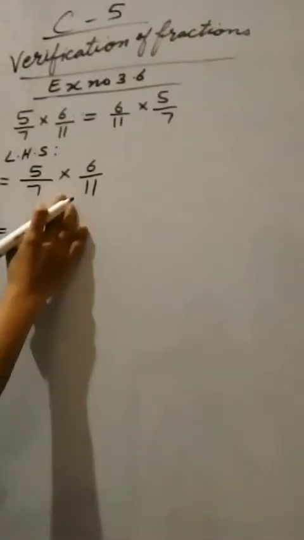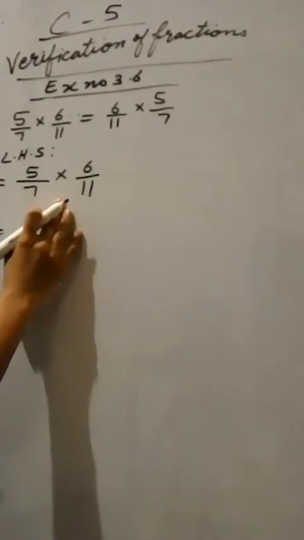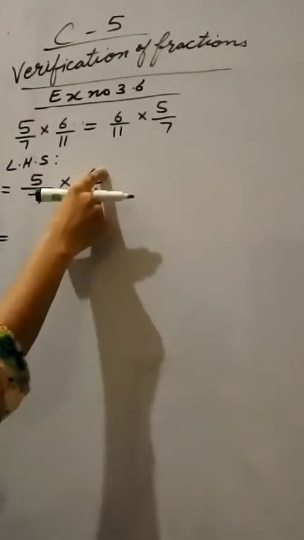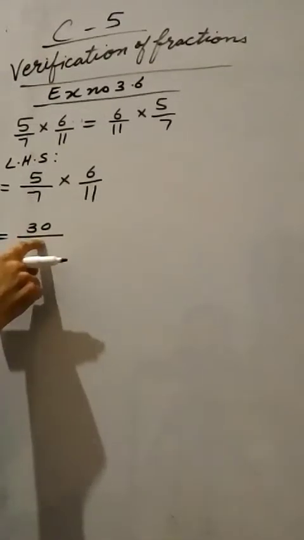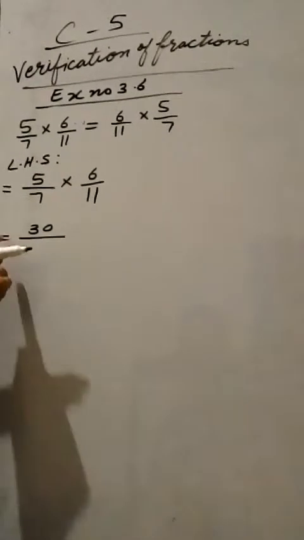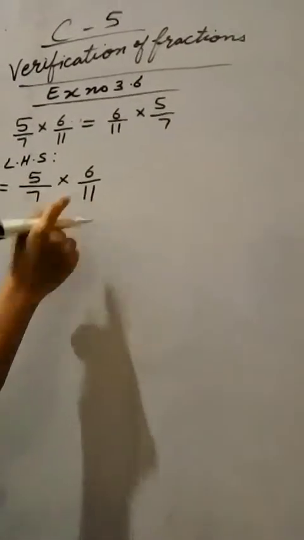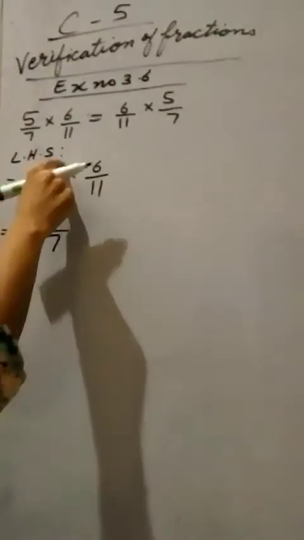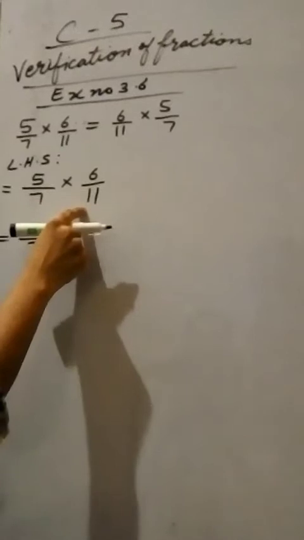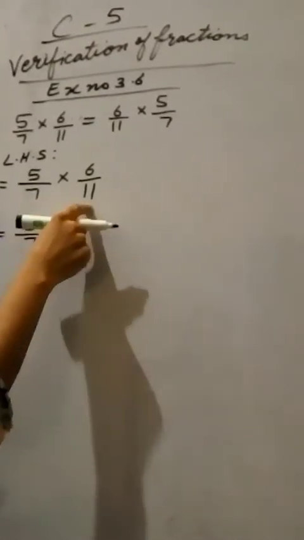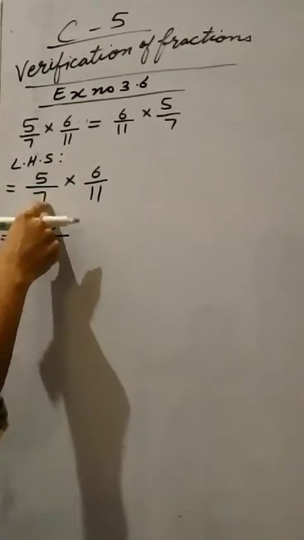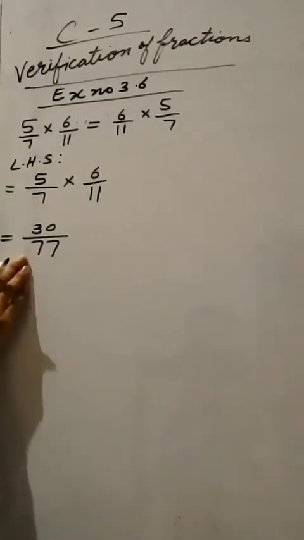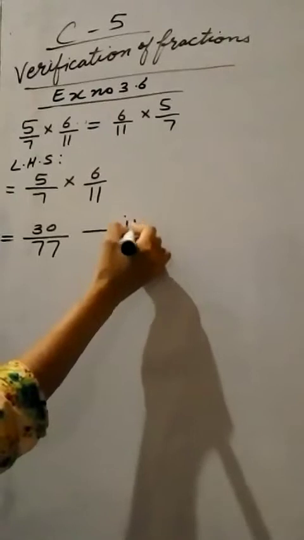When nothing is possible in cutting, we have to multiply. Numerator with numerator, 5 6 times 30. Fraction line. Always put the fraction line in front of the equality sign. This is the rule. And 7 multiplied by 11, 77. Multiplication of the numerator and multiplication of the denominator is possible. Cutting is always possible up and down and crossing. Now see, can I cross with the same number? No. So this is your first equation.